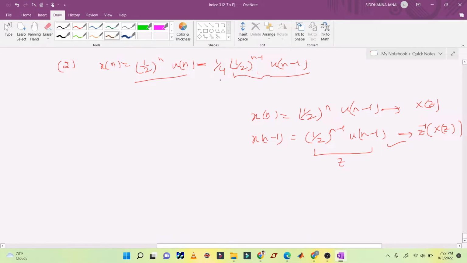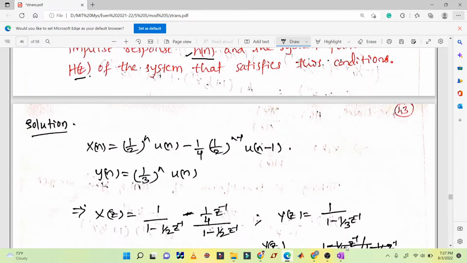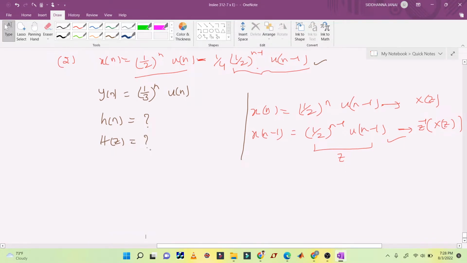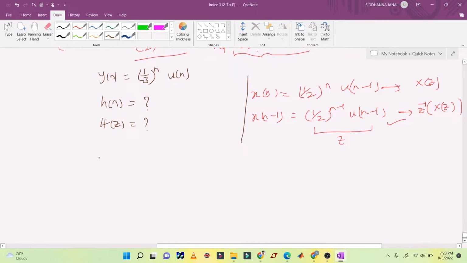So given is x of n as this one. First we'll concentrate on the given sequences, and y of n is 1 by 3 to the power n u of n. We have been asked to calculate h of n, that is impulse response of the system, and h of z, that is transfer function. So the standard way to calculate both of them is, we know that